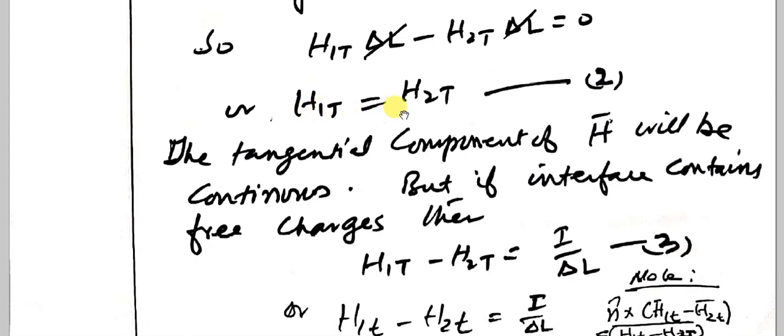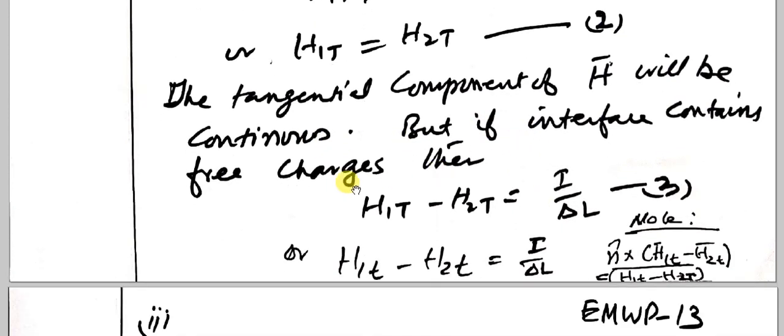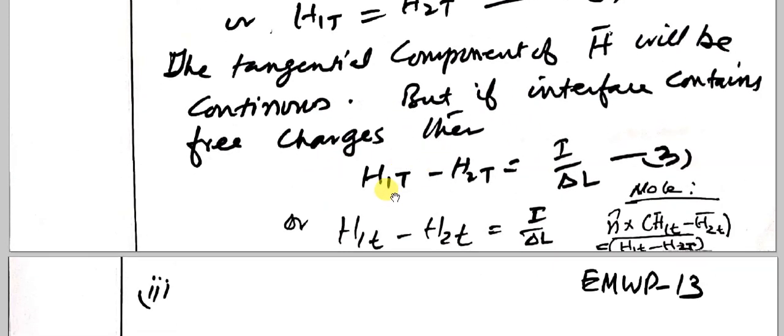But if the interface contains free charges, then h1t minus h2t will be equal to I over delta L. There will be discontinuity by this factor. h1t will be equal to I over delta L plus h2t. Since it's a vector quantity, and the current density J is also a vector quantity,